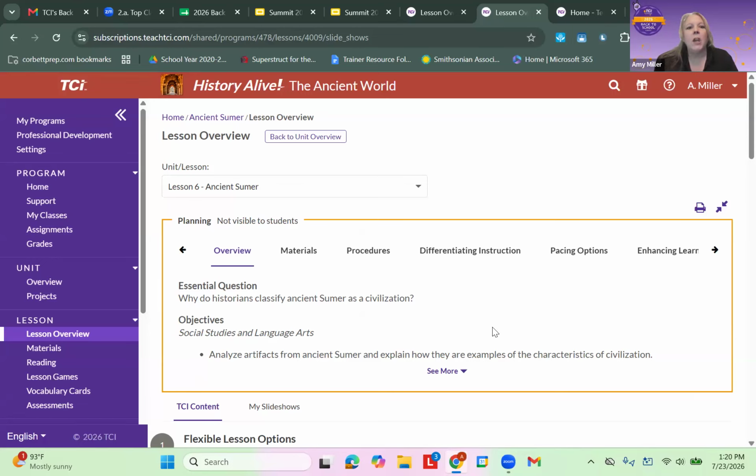and the school year. You can use that graphically organized reading page to take a look at other civilizations that you study throughout the course of the year. You can use that graphically organized note page to look at characteristics of civilization in today's society. The best part about this is at the very end of this lesson, the kids can come back in and